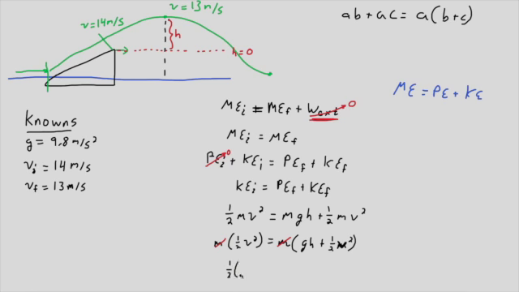So the velocity of the skier in the first case is 14 meters per second, and that's going to be equal to 9.8 meters per second squared times the height in the final situation plus 1/2 times